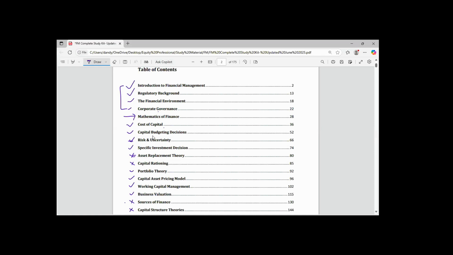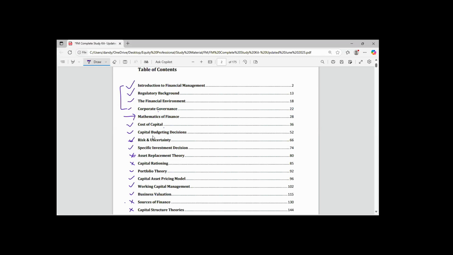Before we commence the topic for today, which is cost of capital, I need to remind you of your responsibility. All right. You have taken time. You have decided that you want to write the ICAN November 2025 diet. And it's important for you to take this exam that you want to write very seriously. Poco a poco, that is little by little, before you know it, November, here I come. It doesn't take time. All right. Time flies like anything. Before you wink, November is here.